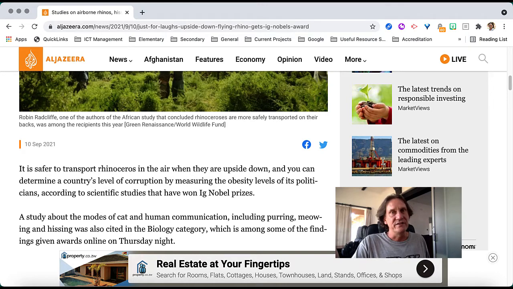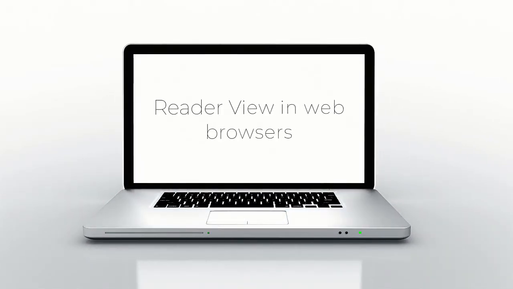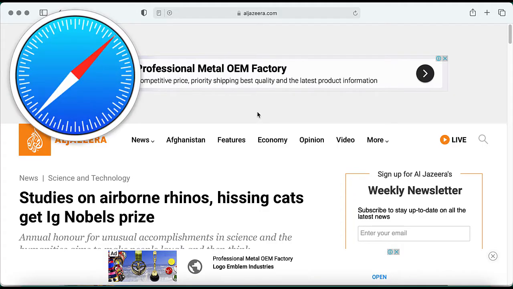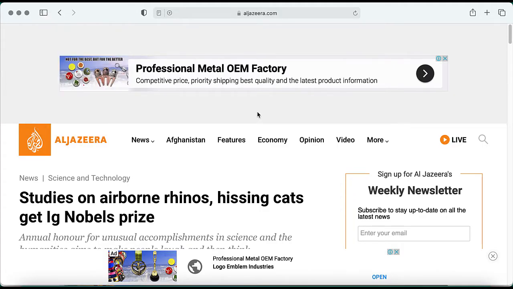This is something called Reader View. Now in Safari, it's available natively, and for Google Chrome, it's an extension. Now there's lots of extensions available for Google Chrome. I'm going to show you just one and show you some of the features of that extension. Let's have a look. We'll start with Safari because this is the easiest one, and it's easiest because it just simply lacks a lot